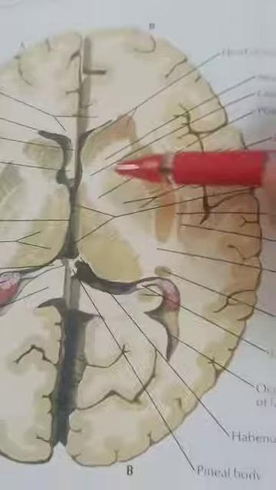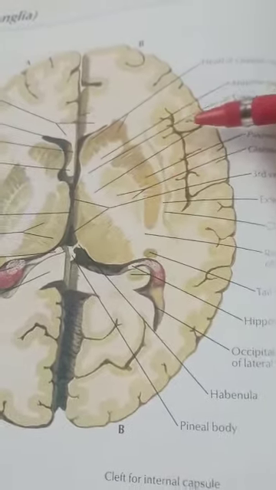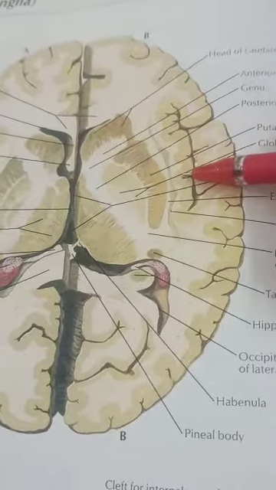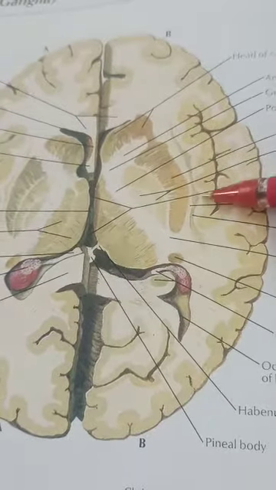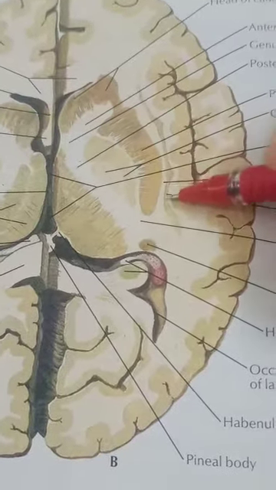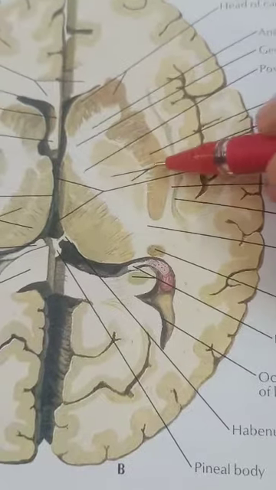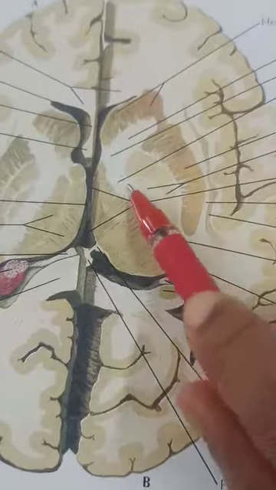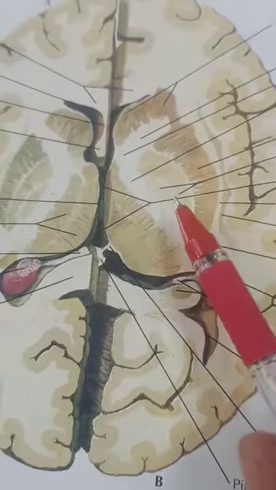Okay, so in this diagram, this is another section. In this section of the brain, we can make out the outer cortex, and this is our insula, which we have already seen. Then here there will be an extreme capsule. Then here we can see an irregular shaped gray matter. This is the claustrum, and here we can see the lentiform nucleus, a lens shaped nucleus.